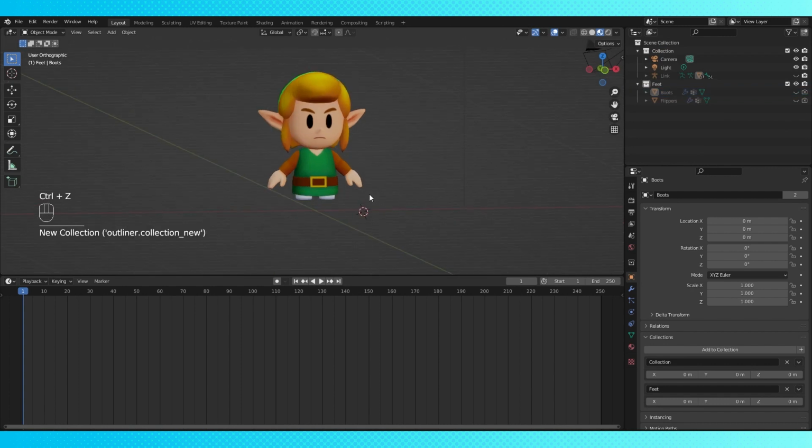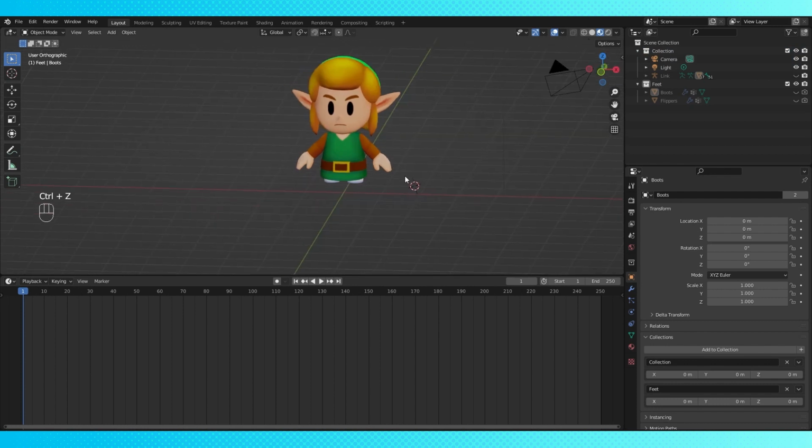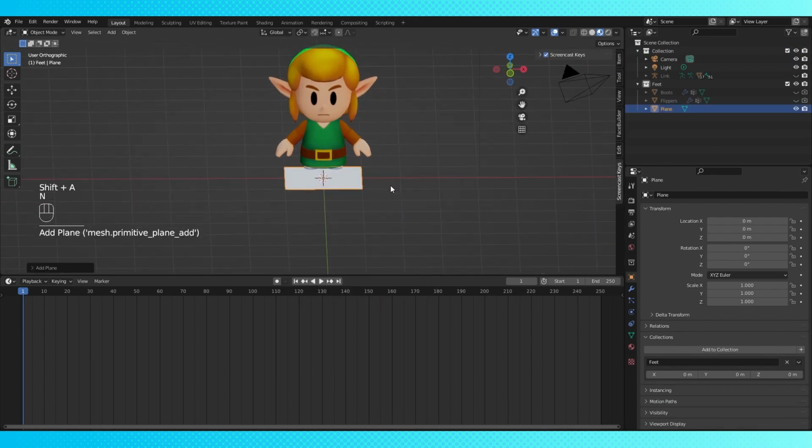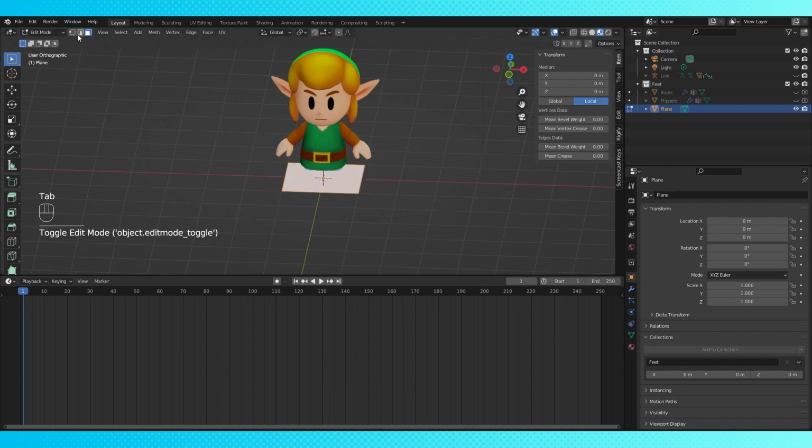Now let's set up our geometry node object. Make sure your cursor is at World Origin, which you can do by hitting Shift S and choosing World Origin. Now let's hit Shift A and add a plane. You can actually use a cube or a single vertex, anything really. Tab into Edit mode and select all. Hit M and merge at center, so we just have a single vertex at the world origin,